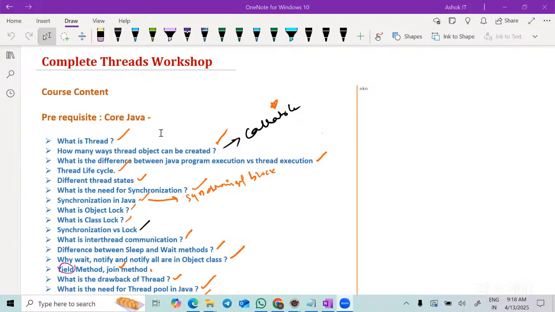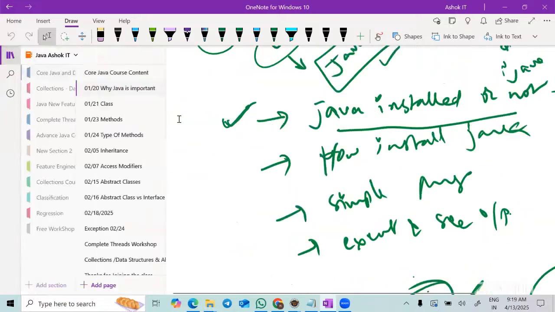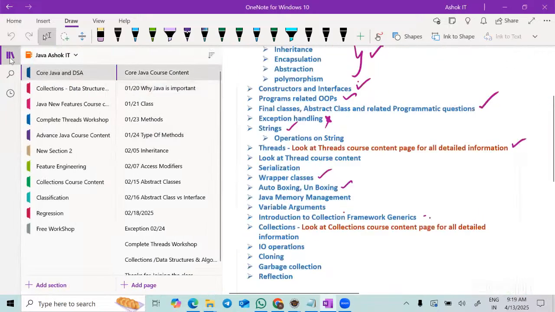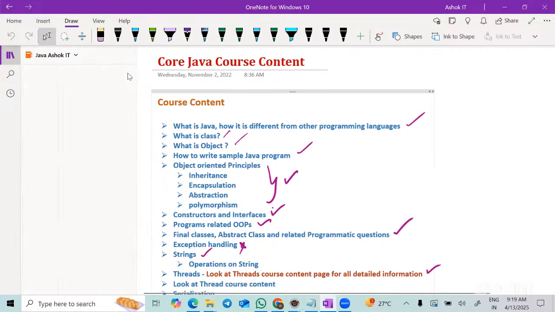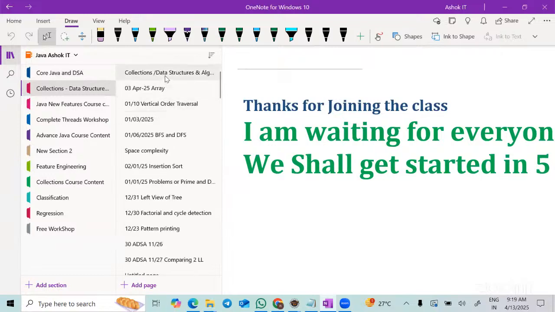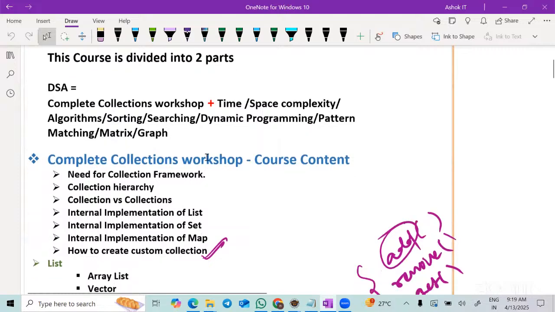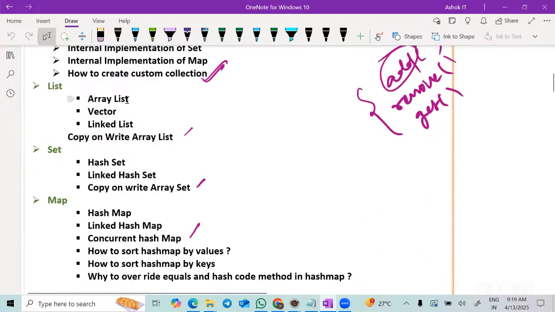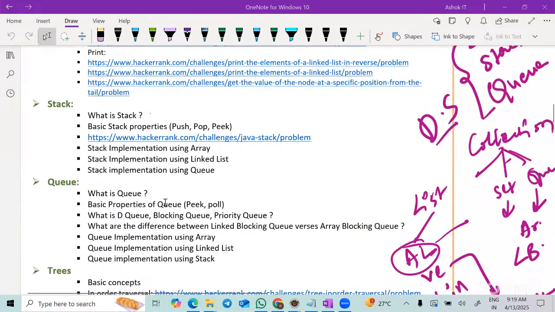I'm taking the data structures and algorithm class. We just started the class with collections. So in collections, the way we are going to learn is, first we are going to learn the internal implementation of all the predefined data structures like array list, hash map. We just completed the demo classes of collections, like 6 classes, and we are yet to start hash map, linked list, stack, and queue. And then